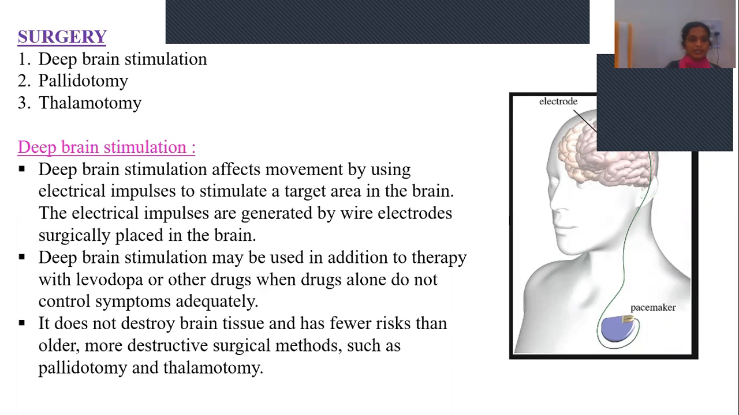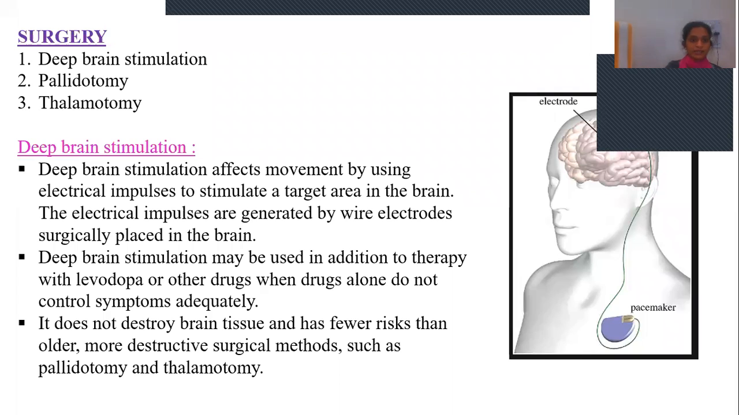So next is deep brain stimulation, and next pallidotomy and thalamotomy. What is pallidotomy and thalamotomy? These two are surgical procedures in which an incision is made in the palladium. Here they will make an incision in the thalamus region, which will remove the damaged tissue. That will be removed, and by that